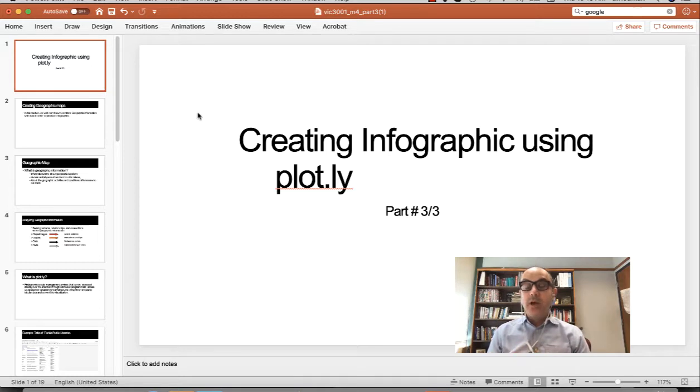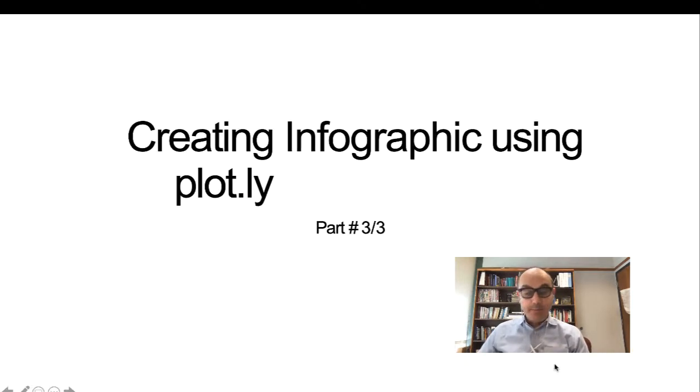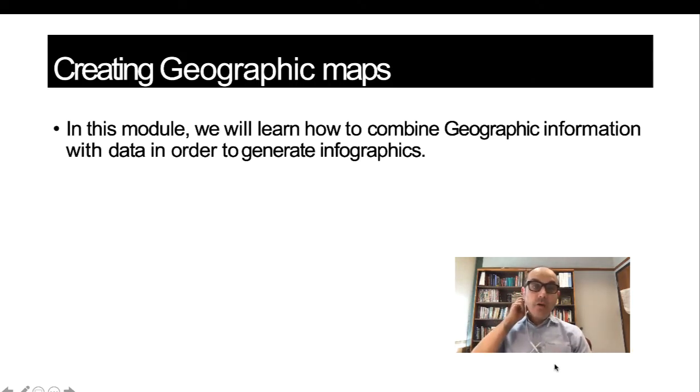In this part, we are going to talk about creating your first infographics. In this case, it will be very specific. It will be geographic maps that you're going to add visual layers to. And we are going to introduce you to Plotly, which is an online platform to generate the visualization. So let's begin. In this module, you're going to combine geographic information with data in order to generate the